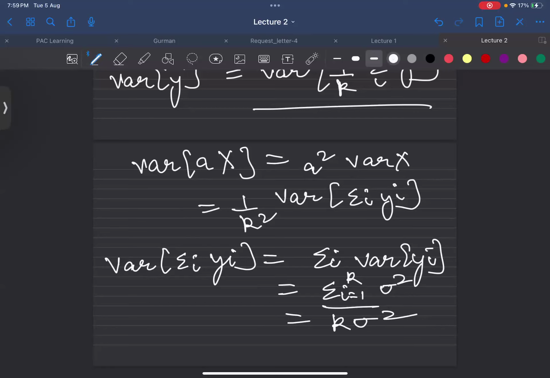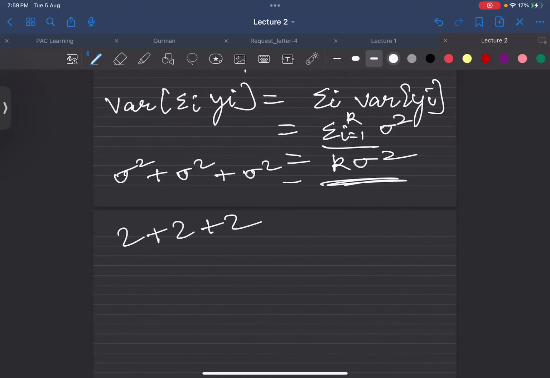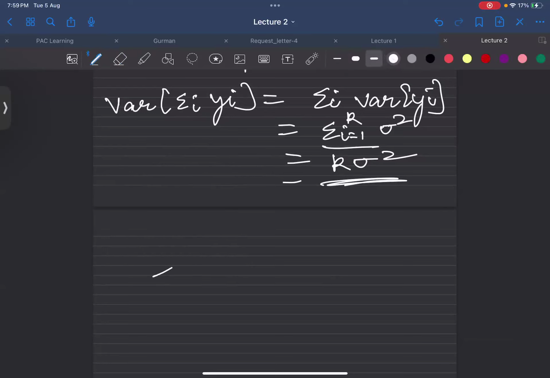Yes, come on. K times sigma square upon K square. If I do this sigma square K times, what is this? K into sigma square? Can I write? Yes, ma'am. If I do 2, I do this. Can I write 2 into 3? The same way we have written. Fine now? Any step you are missing?